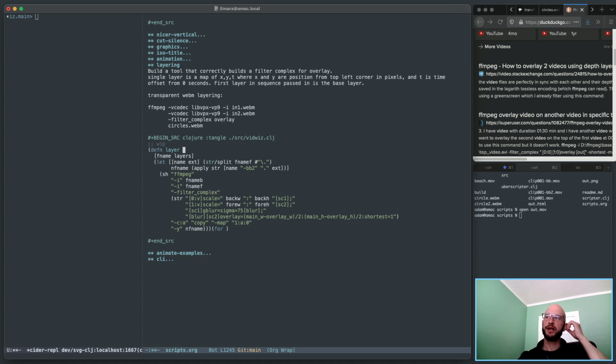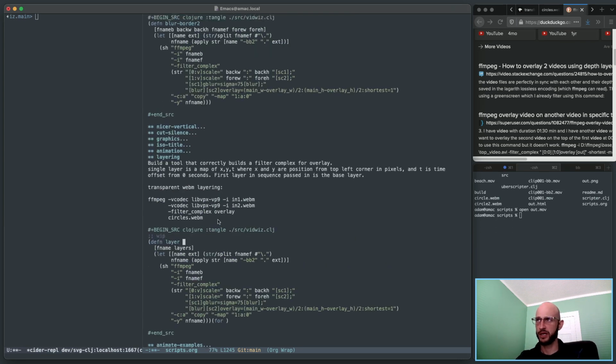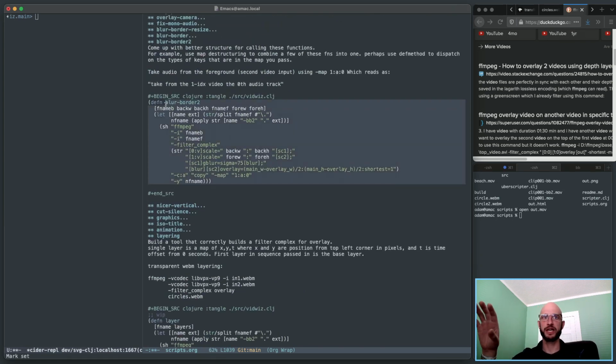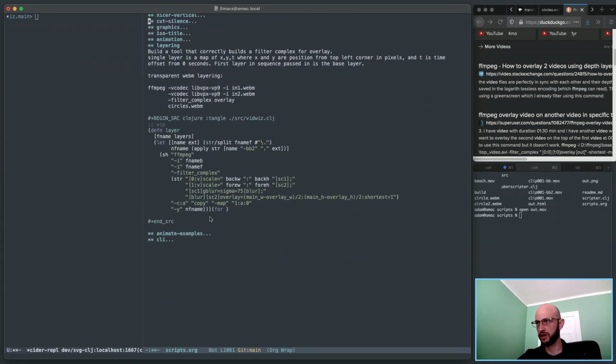And if this works well enough, I can generalize it a little bit, and then I can re-implement these blur things using the layering functionality, so I get a little more consistency through the whole thing. So that's a longer term thing, but for right now, the basics of a layering system, for each layer, I just have to do